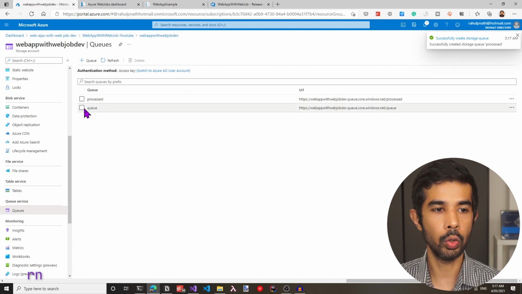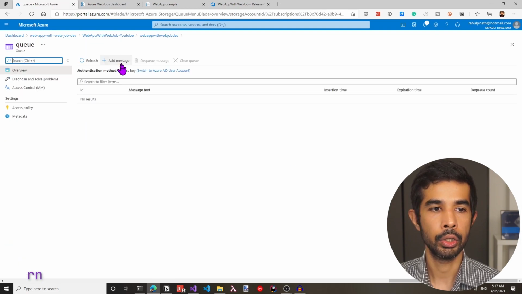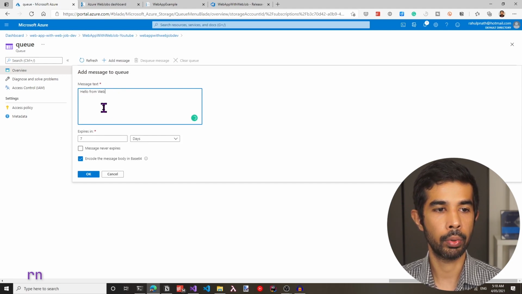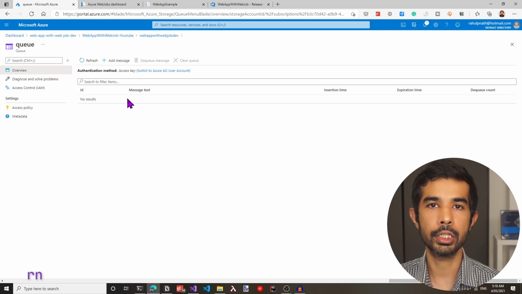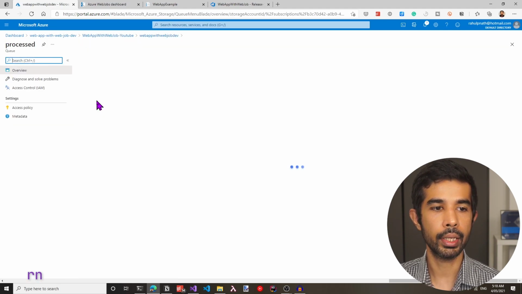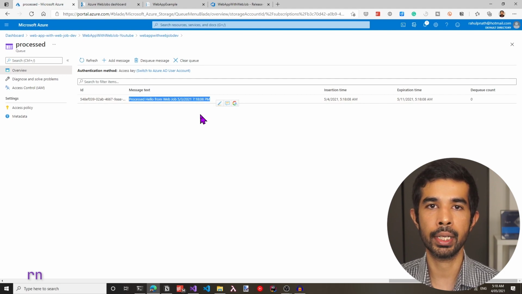So let's go into the queue, which is where the web job is listening to, and drop a new message inside there. To do that, let's create an add message and specify hello from web job. And let's click OK. This drops the message inside here and the web job should automatically pick this up. So let's refresh this and it's already gone because the web job has processed this. If we navigate back into the queues and go into the processed, we can see that message dropped inside here, which says processed hello from web job, which is exactly what the web job is set up to do inside